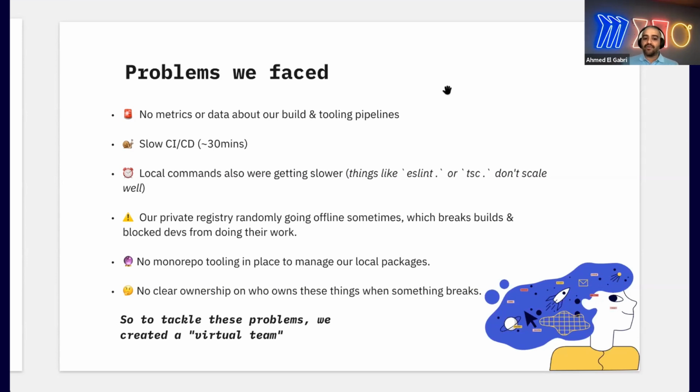And lastly, there was no clear ownership on who owns this part of the code base. It was mostly individual efforts most of the time to try and fix it or do quick solutions just to fix the current problems right away. Sometimes also some teams took shortcuts in a way that's